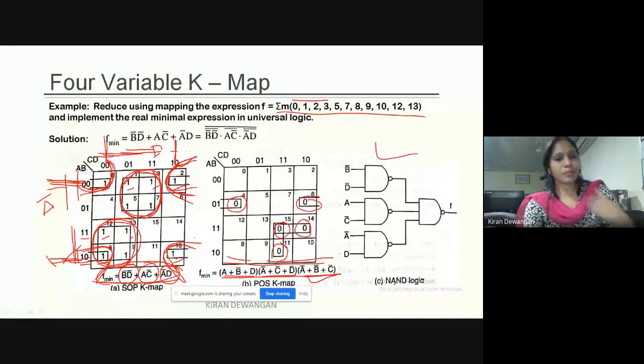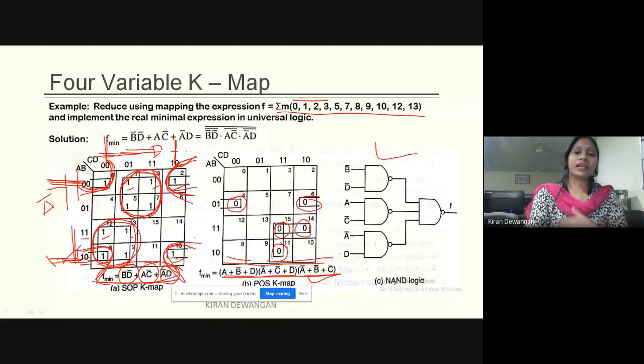Is this concept clear, everyone? Anyone who is still having any doubt? We can design it using either NAND logic or NOR logic. जो भी logic हमें करना है, हम उससे design कर सकते. Is this concept clear or not? If anybody has any doubt, ask me. Clear, right, everyone? Yes, reply if it is clear.